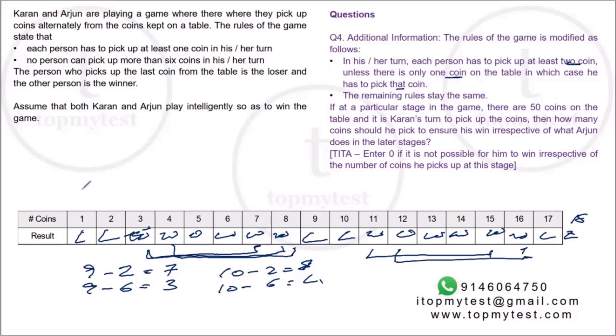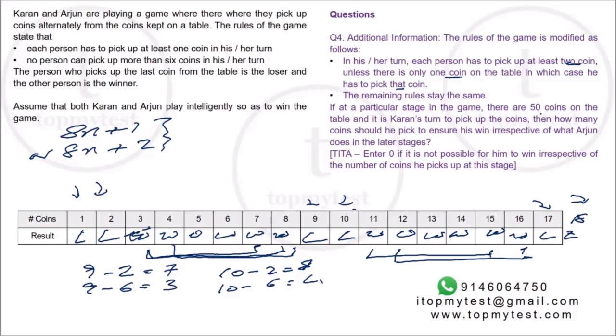Right, so what's the winning strategy? Put your opponent at 1, 2, or you can put him at 9, 10, or you can put him at 17, 18. What is the scenario? A multiple of 8 plus 1 or a multiple of 8 plus 2. So if you put your opponent on a multiple of 8 plus 1 or a multiple of 8 plus 2, your opponent cannot do anything. Similarly, if you are faced with this situation, a multiple of 8 plus 1 or a multiple of 8 plus 2, you will lose.